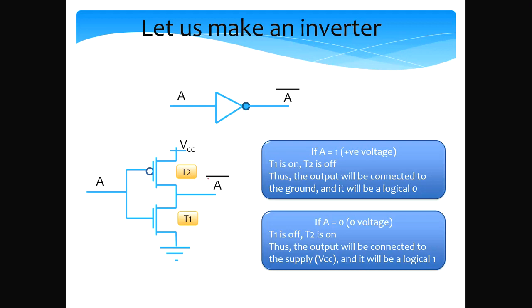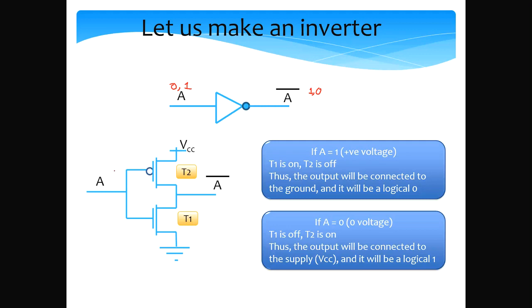So let's use these transistors. What good is knowledge without actually using it? Let's use it to make an inverter. This is the symbol of an inverter. If I apply a logical 0, then the output is a logical 1. The logical 0 might physically correspond to 0 volts, and a logical 1 might correspond to 1 volt or 2 volts or 3 volts, that is immaterial. Then if I apply a logical 1, at the end I get a logical 0. So it computes the complement of a bit.